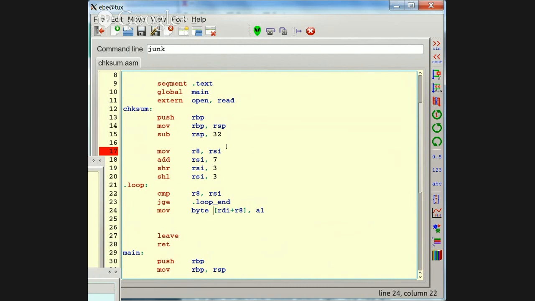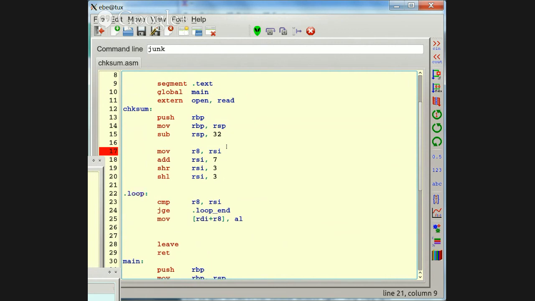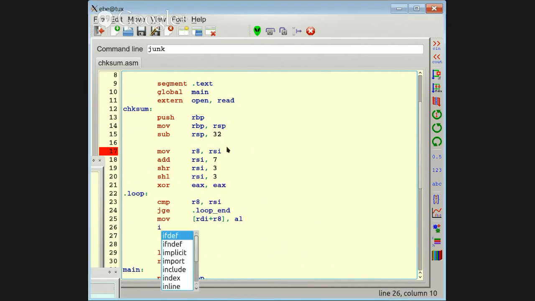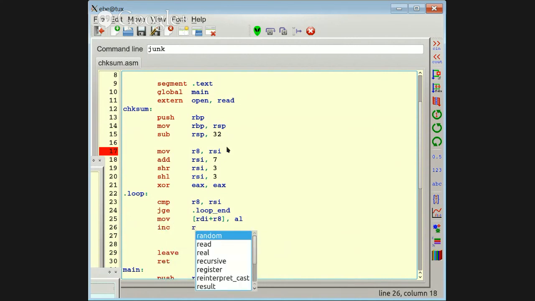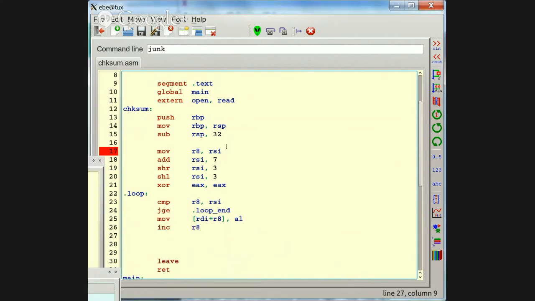And if I use AL, I don't need to put byte there. So how about we do XOR EAX, EAX, which is probably about 2 bytes. And now I should be putting a 0 in there, and then I can increment R8 and jump to the top of the loop.